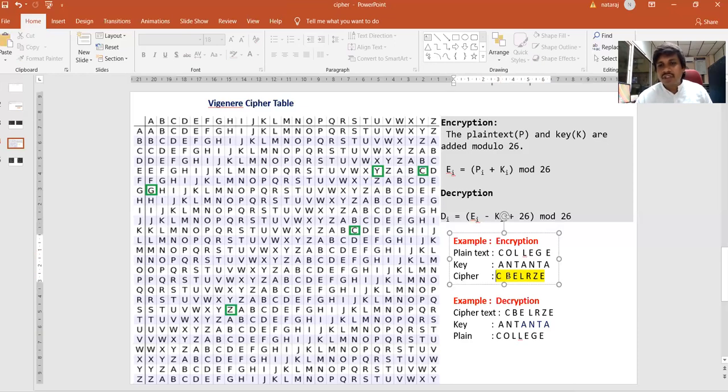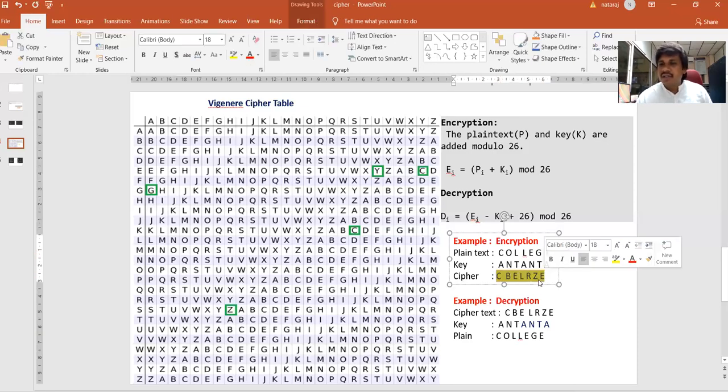So this word doesn't give you any repeated characters or substitution characters. You will not find any substitution characters. It depends upon the key. The larger the key, the more difficult to decrypt. The smaller the key, the easier to decrypt.